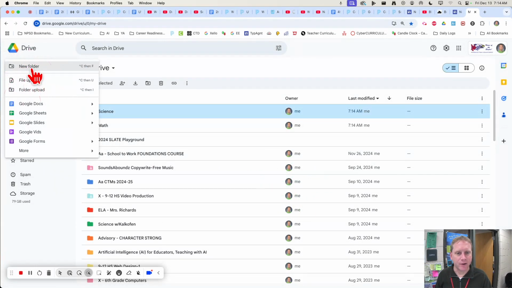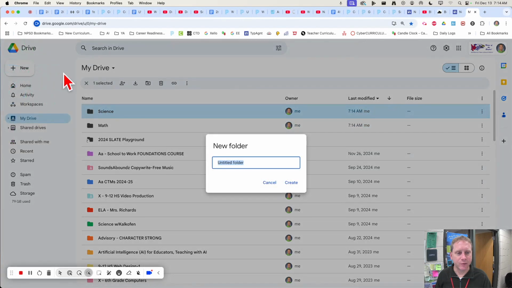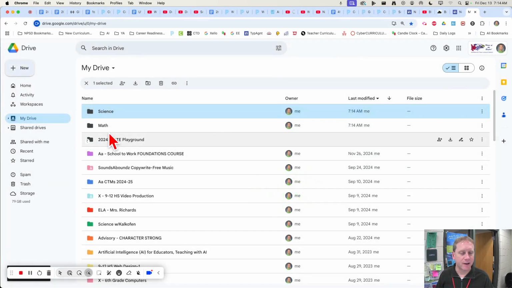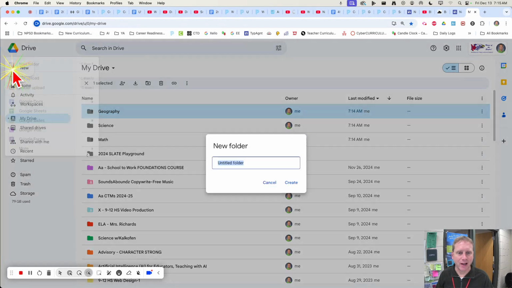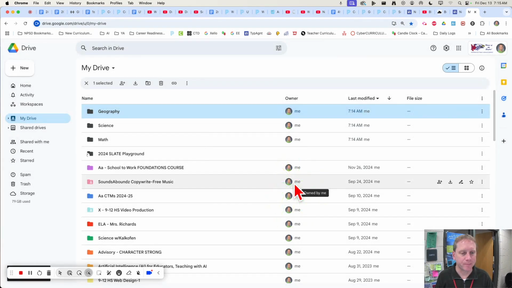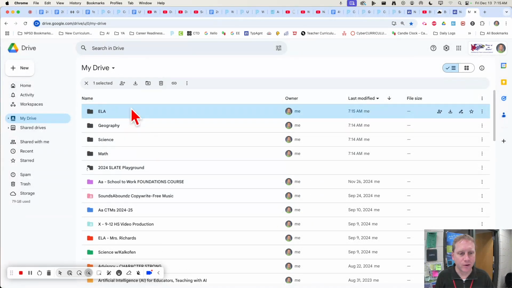I'll make another one, New Folder for Geography, and one more for ELA. Right? And even if you don't have all these classes right now, you will at some point during the school year. So there's my 4 new folders, and the activity asks us to do one additional thing with these, and